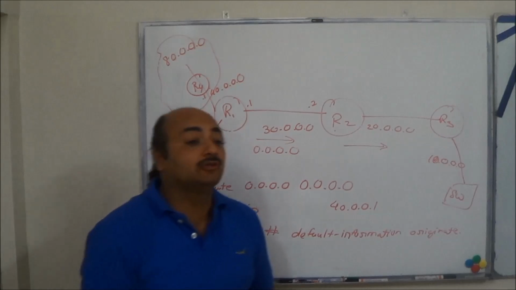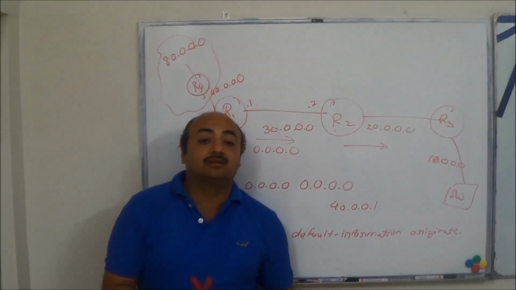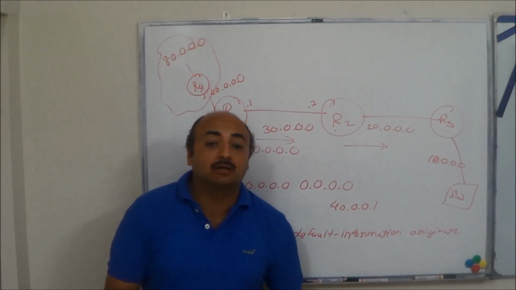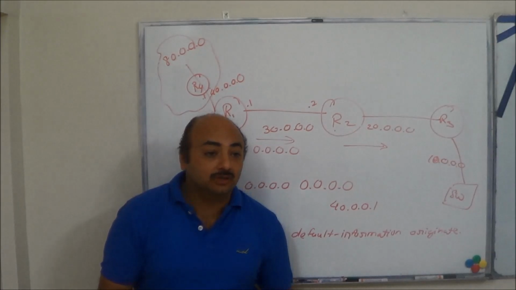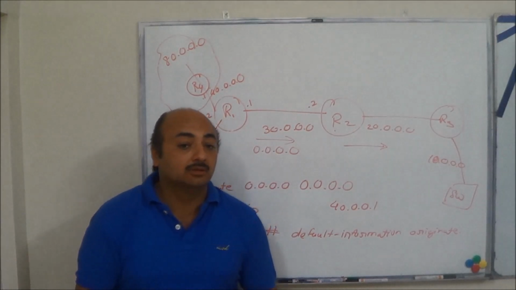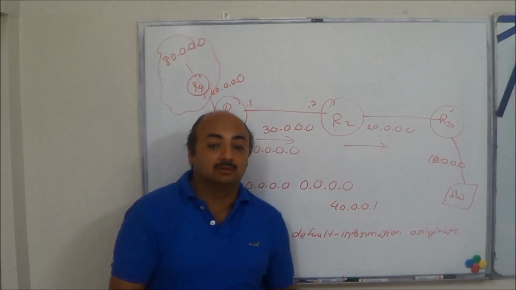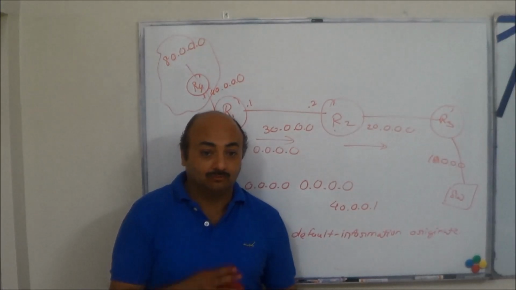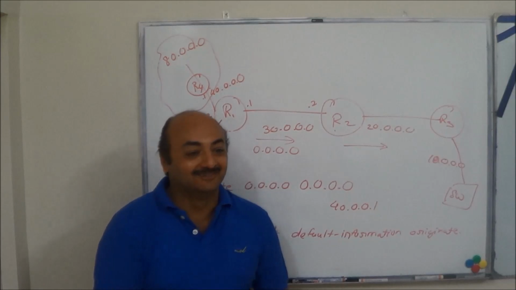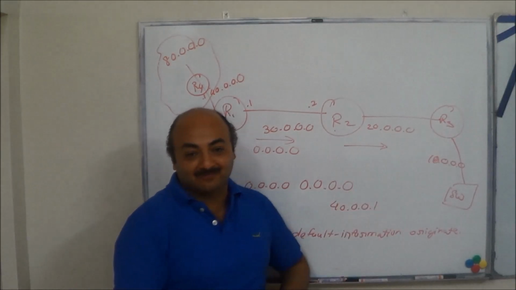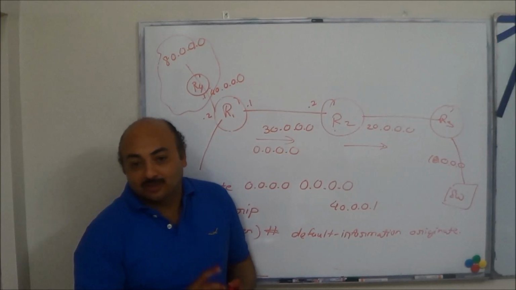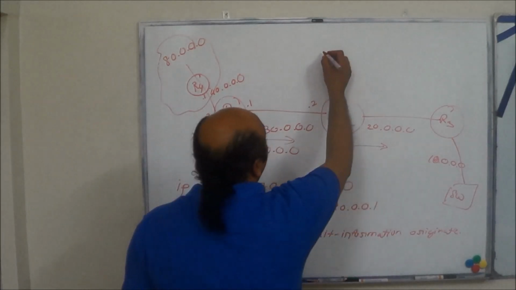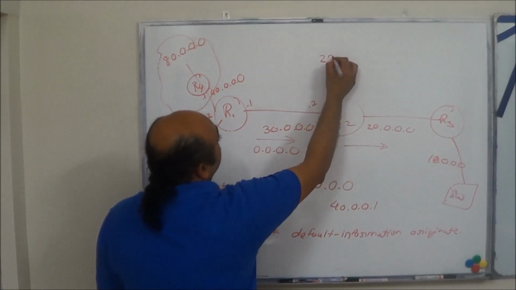The next thing is the difference in the destination MAC and the destination IP addresses used by RIP. RIP version 2 uses multicast. RIP version 1 used to use broadcast, at layer 2 as well as layer 3. At layer 2 it used all Fs and at layer 3 it used all 255s. Here in this case, it uses multicast.